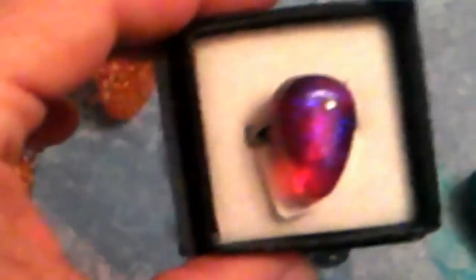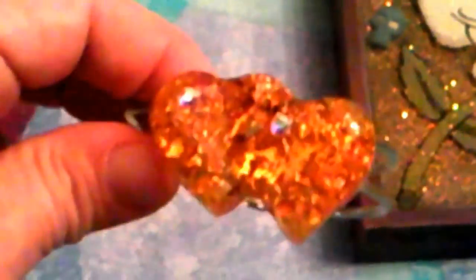And this is one of my rings I had made. My nails are dirty, I've been working with my clay. And this is another ring I have made. And this is one of the bracelets I've made. And this is a necklace,